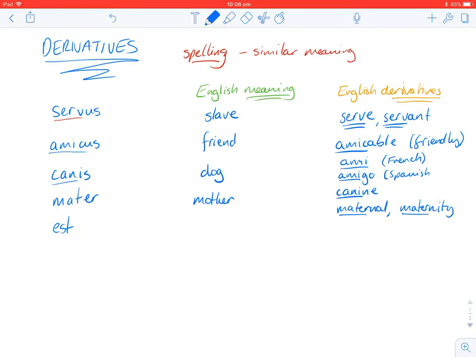What about one more? Est. We know that est means is, and you might think, well, what English words do we get from est? But actually, we do get a couple. Think of it, for example, establish. Establish means